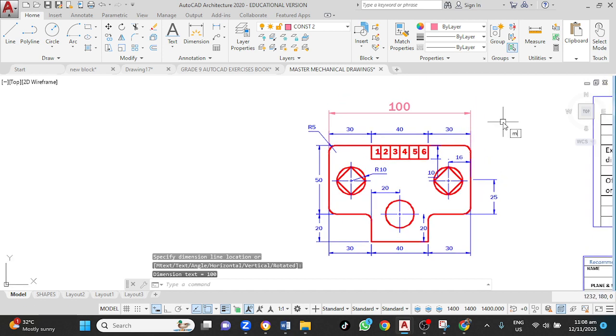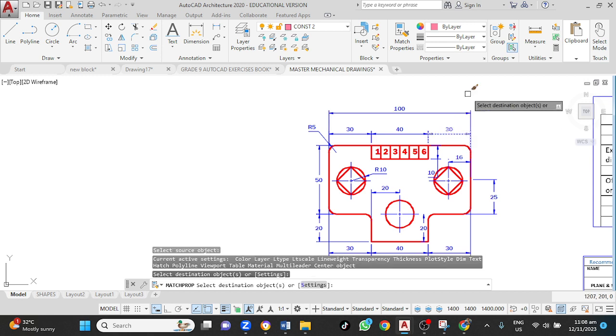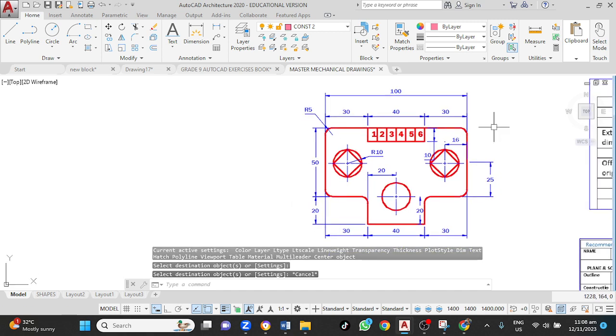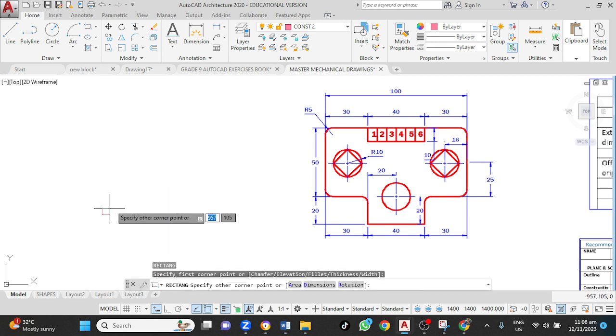MA, enter, match properties. Left click here, left click that. That now changes to that. So my first step here is to draw a rectangle which is 100 by 50 to get this part. REC for rectangle, enter. Left click here, drag, add sign, 100, tab,